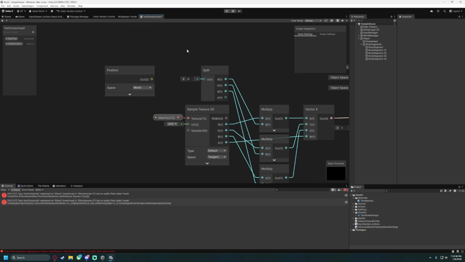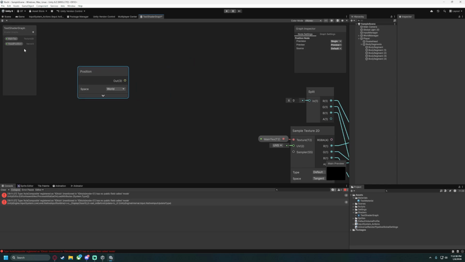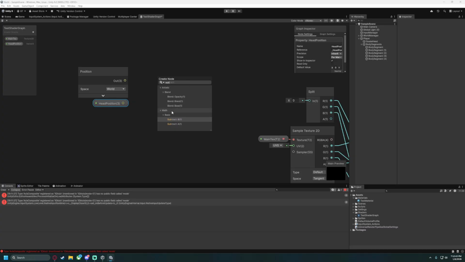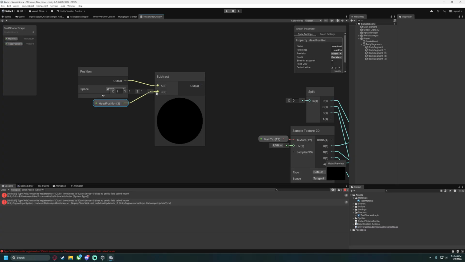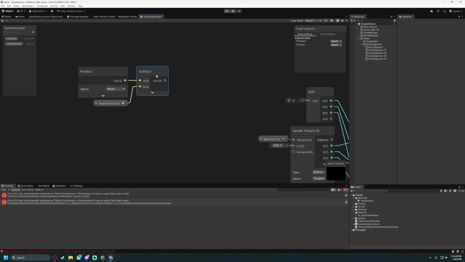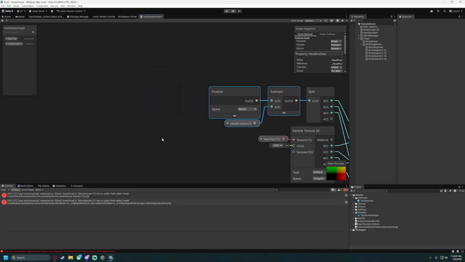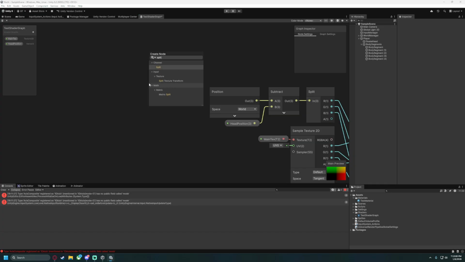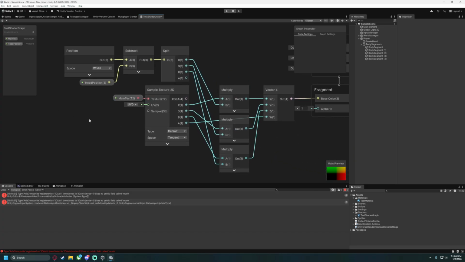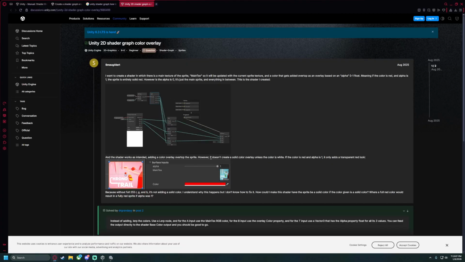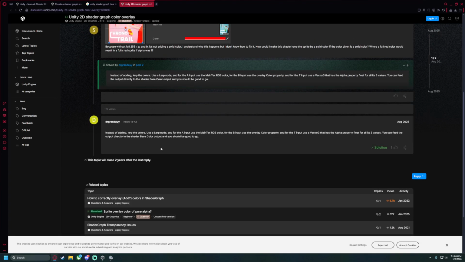So what we'll do is the world position subtract from the head position. Yeah. Subtract from the head position and then put that in there. Is there like a split 3? No? Okay. So if we subtract it from the head position, but now I need to know how can I